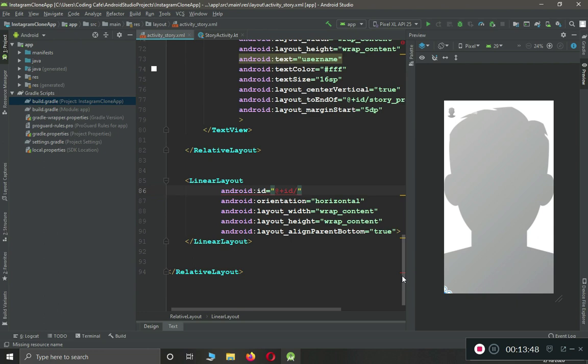I mean for your own story you can see only the delete button and the total number of persons who have seen your story, just like Instagram. So we can give this name as